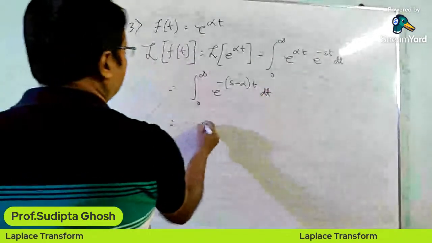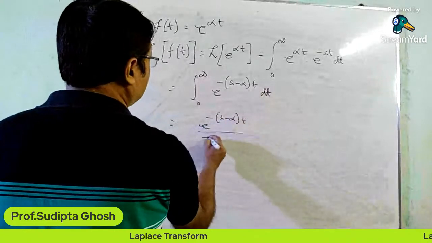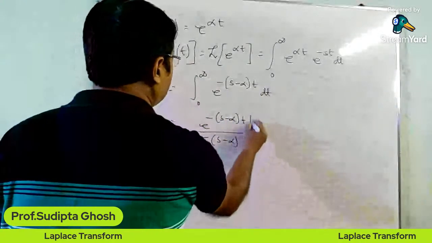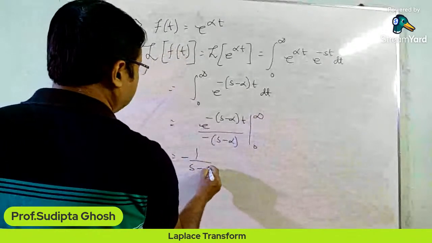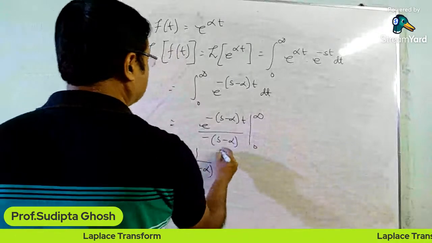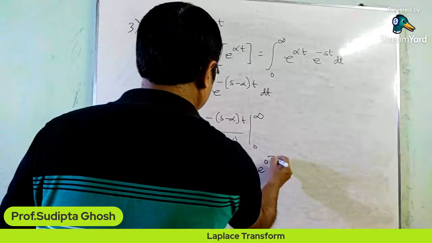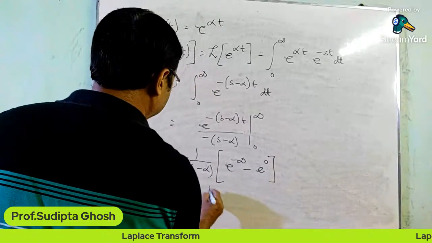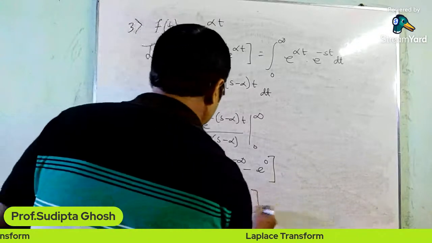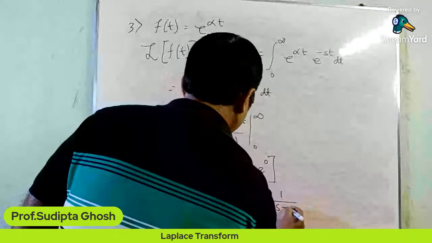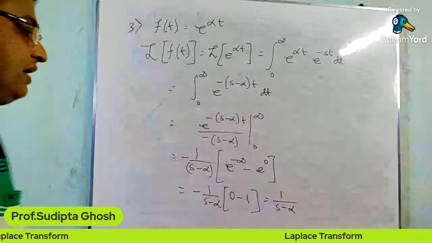So the integral form will be e to the power minus (s minus alpha) t divided by minus (s minus alpha), where the limit is 0 to infinity. So we have minus 1 by (s minus alpha) times e to the power minus infinity minus e to the power 0. That will be minus 1 by (s minus alpha) into (0 minus 1), so the value will be 1 by (s minus alpha), or 1 by (s minus a). So if the function